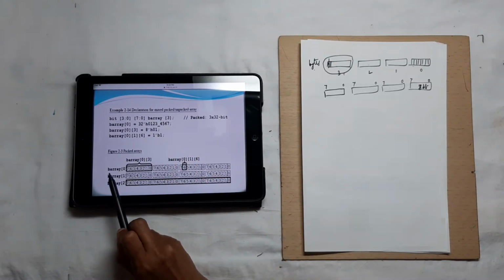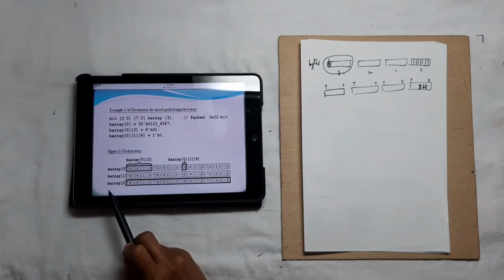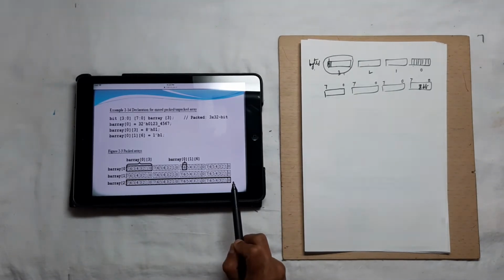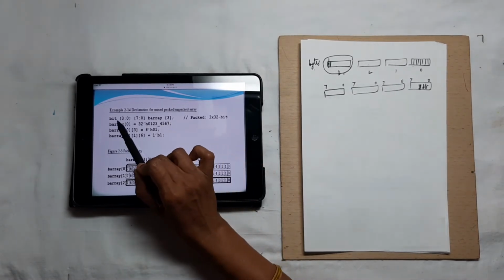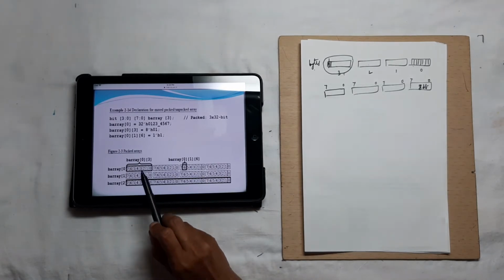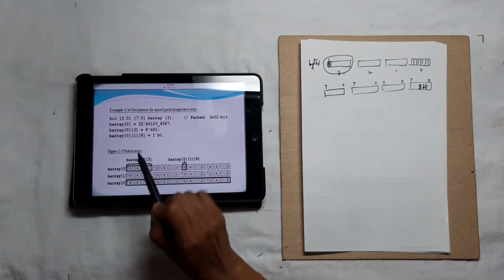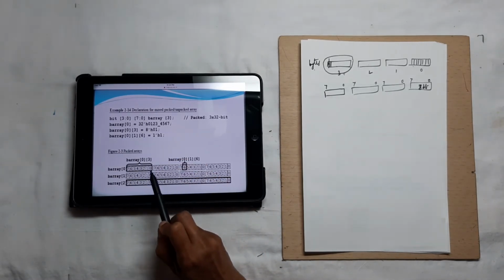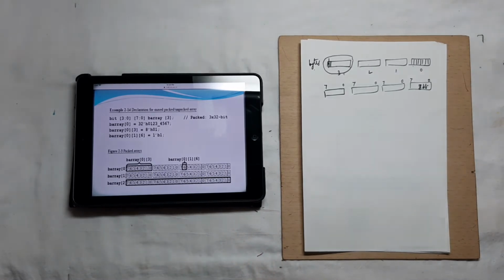Barray of 0 has so much, barray of 1 has so much, and barray of 2 has so much. This is 0, 1, 2, that is 3, and bit 3 is to 0 means 1, 2, 3, 4. There are 4 different elements, and each element contains 8 bits. See, this is 0 to 7, 0 to 7, 0 to 7 and 0 to 7.